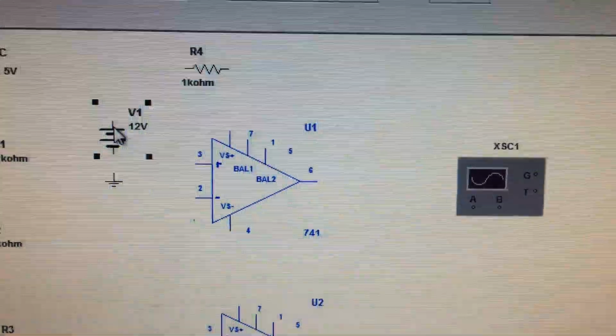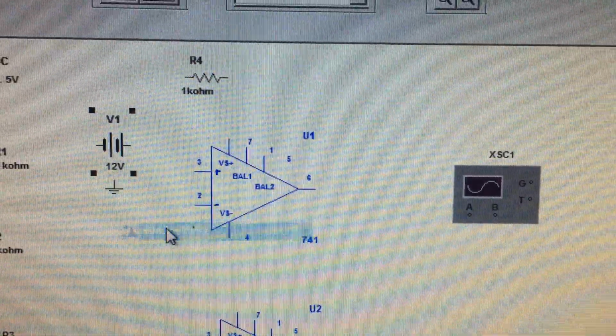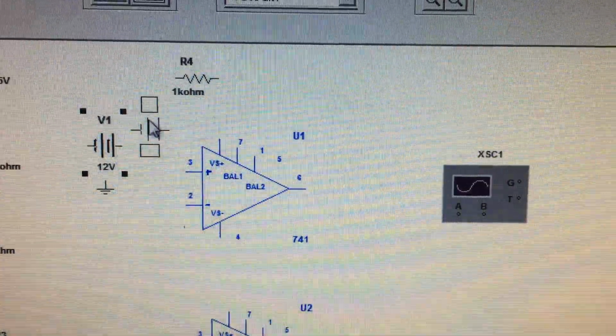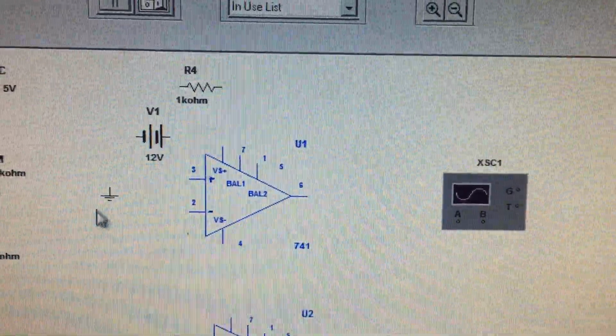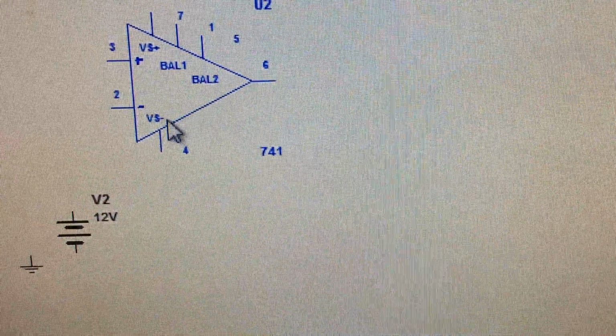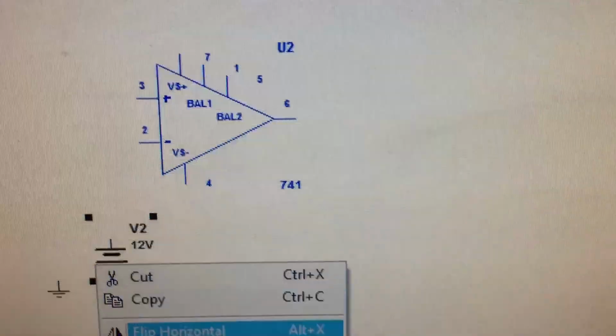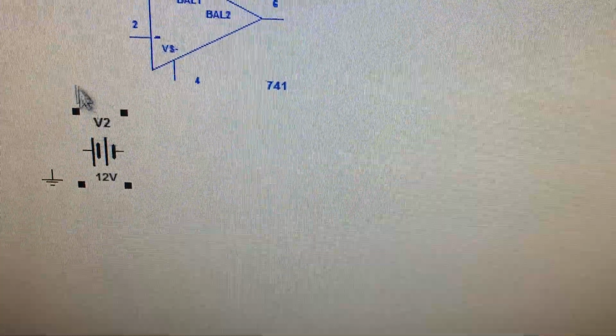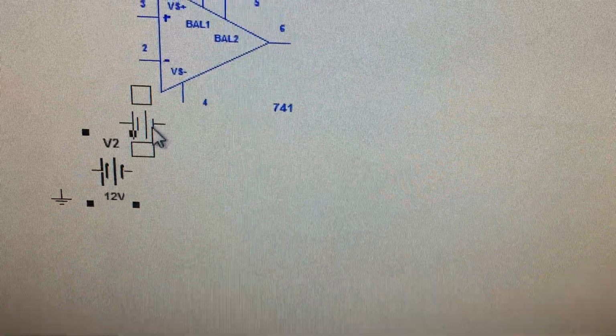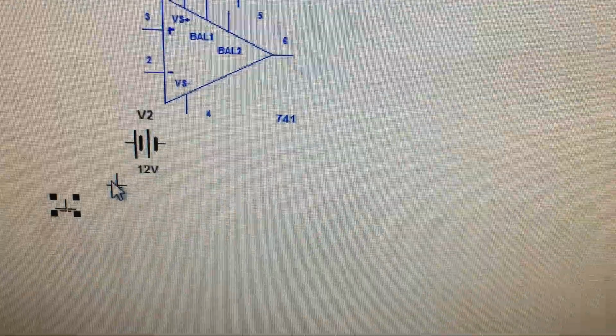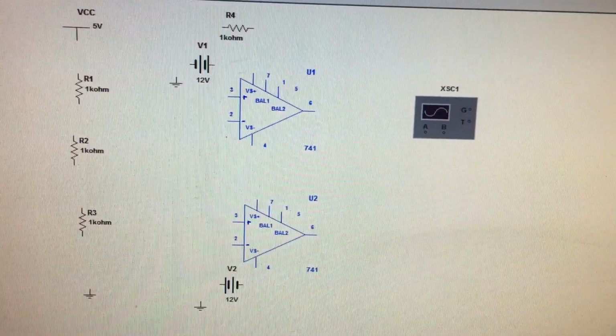Therefore left click, right click, let the plus face towards this point. Take the ground to this point. Since this is minus here, rotate counterclockwise, so minus comes to that point. Place it somewhere here, take the ground to this point. Yes, we are done with the connection placement.